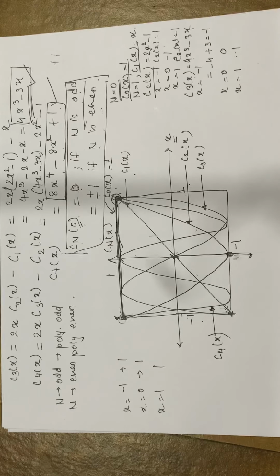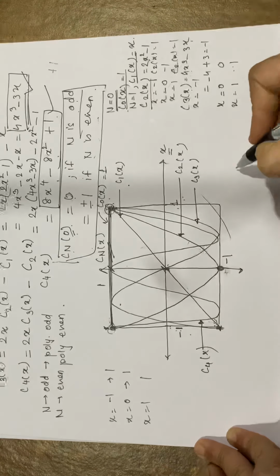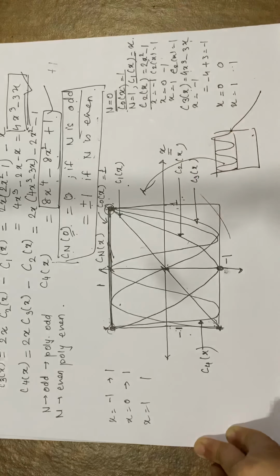Okay, so as you can see, if you go on increasing the order, the behavior of the ripples goes on changing, the number of maxima and minima will go on increasing, right? Obviously beyond x equal to +1 and -1, the curve is going to be monotonic, right? This is how your Cn of x behavior looks like. And because of this, this is nothing but your pass band. So your pass band is actually going to be defined by these ripples that I have shown here.